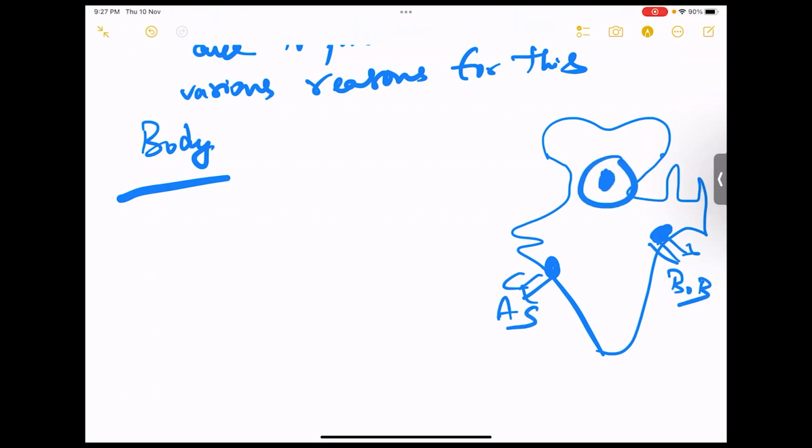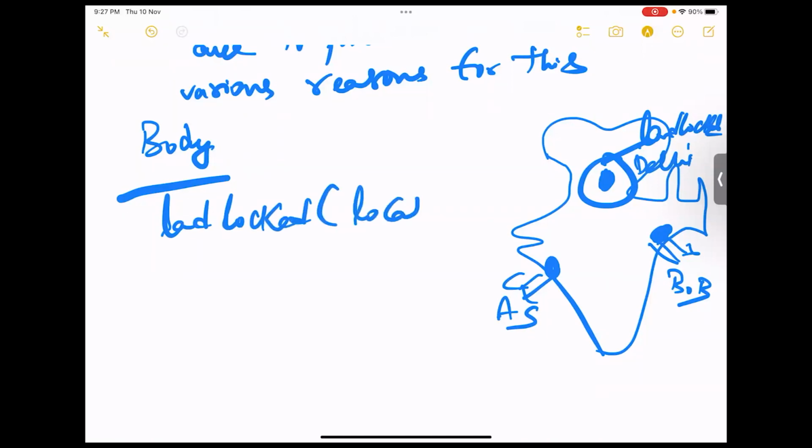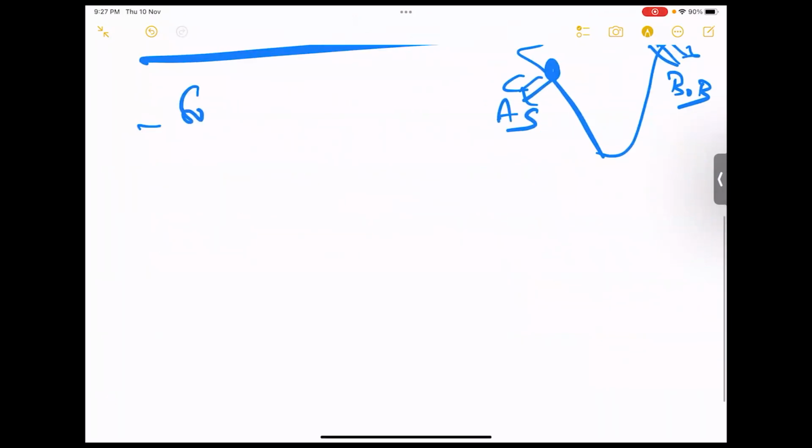So obviously you can say this is landlocked. You can show this is landlocked Delhi. So like that, if you show the examiner, you will know that you have very absolute clarity. So the first is obviously landlocked. That is the location. The location of Delhi is the major issue, and it is surrounded by